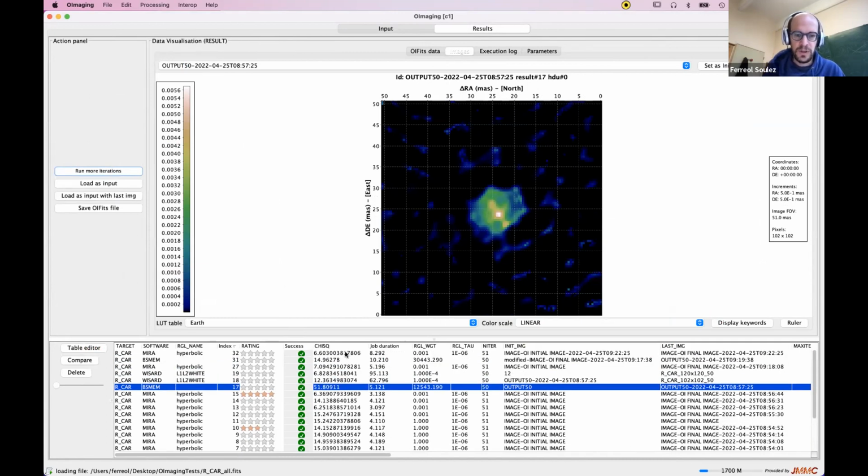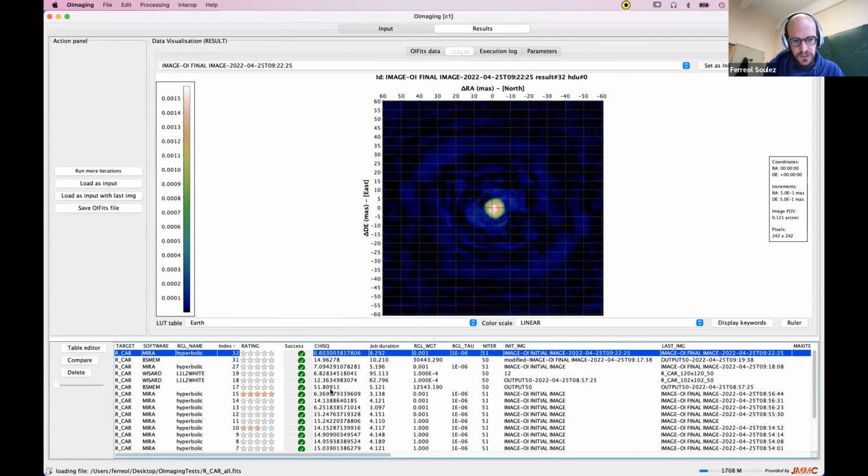Here is an image from the beauty contest of 2014. You can reconstruct quickly with several algorithms,